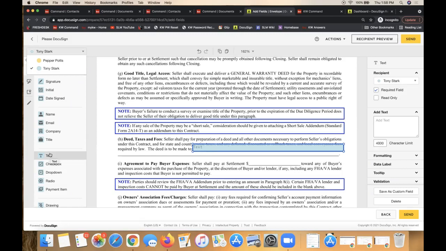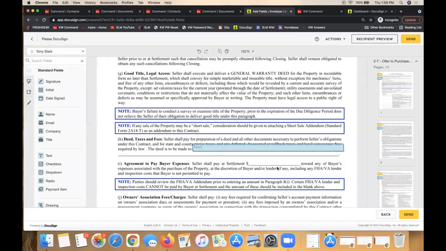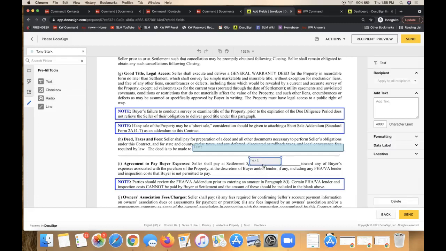However, if it is a field that you want to add as the agent, let's say I need to go ahead and add this information right here on the PDF. Agent fields are now displaying under, on this gray toolbar on the far left, pre-fill tools. I don't know if my account just didn't have them until two weeks ago, but these are brand new as of about two weeks, a month or so. These are agent fields. So if I click a text box right here and lay that, see how it's gray? That means that you can fill it out as the agent